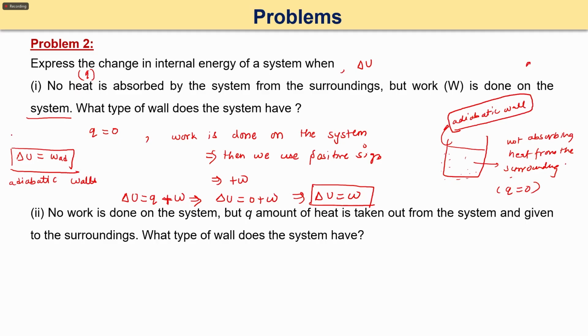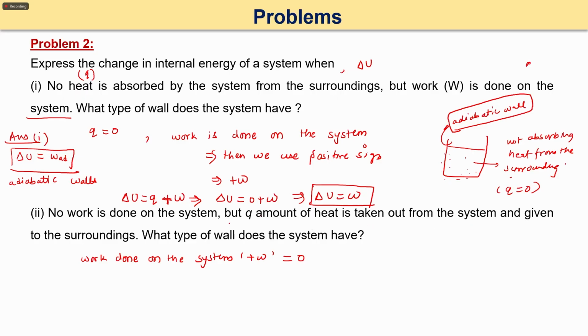Okay, so this is the answer of first. Next, what if no work is done on the system? Okay, so now work done on the system, that is plus W equal to 0. So if work done on the system is 0, but Q is the amount of heat taken out from the